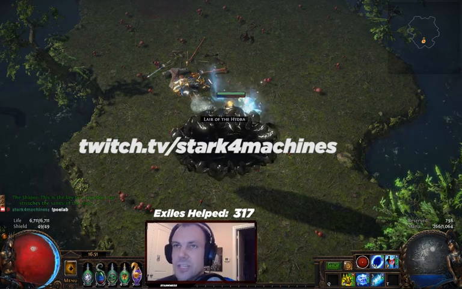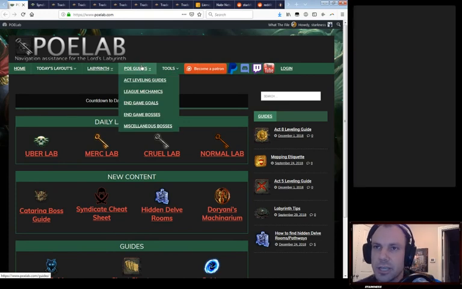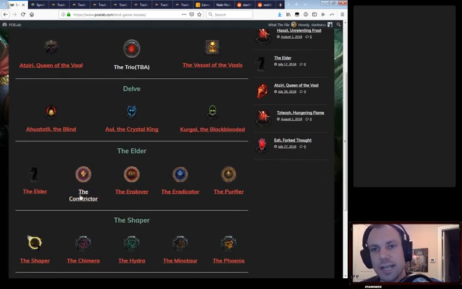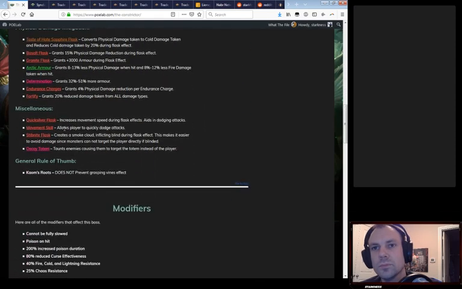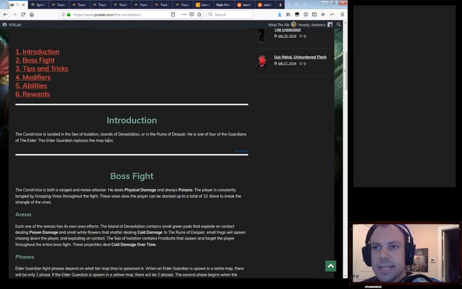POELAB.com and just look at what we're doing here with the fight. Let's look at the in-game bosses. And we want to look at Constrictor because that's who we just fought. Decoy Totem, good. Taste of Hate for the physical. Like I said, physical damage and always poisons. So because he always poisons, you want either a flask of curing to be immune to poison,